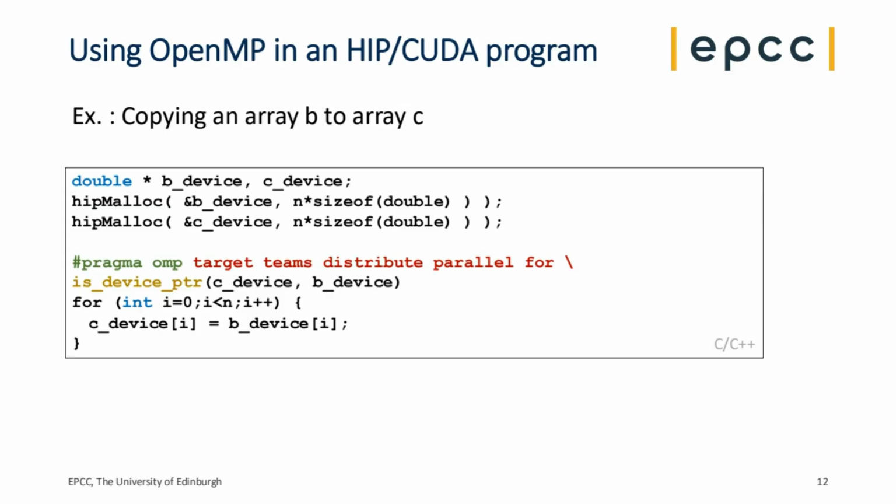Now, just to condense the example, there's a bit of code that's been missed out where we initialize B_device, but in the actual loop that we're parallelizing here, we're just transferring the values in the B array to the C array. If you were to just run this without the teams